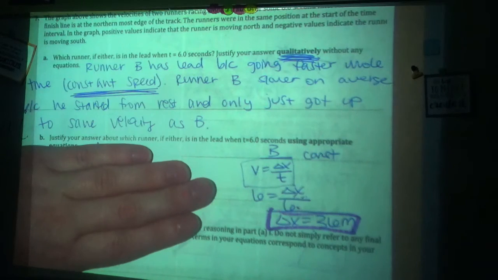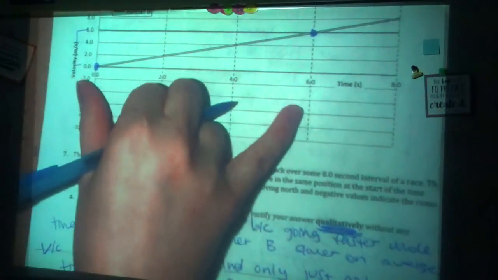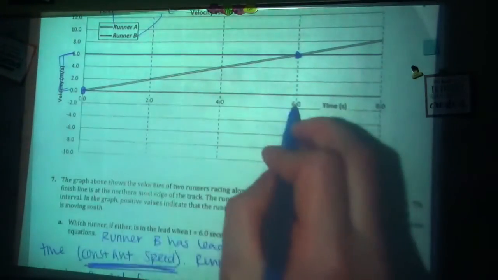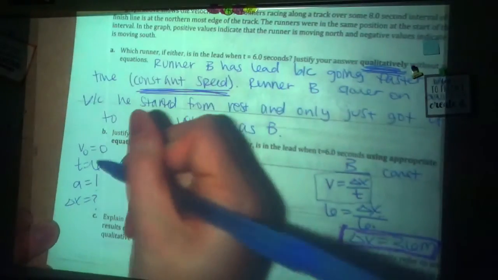Now for runner A, it is not at a constant velocity. He started with velocity 0, so that means v naught would be 0. It's still 6 seconds, that's still t, but I need to know my acceleration. So I look, he went from 0 to 6 meters per second in 6 seconds. That means an acceleration of 1. So v naught 0, time is 6, acceleration